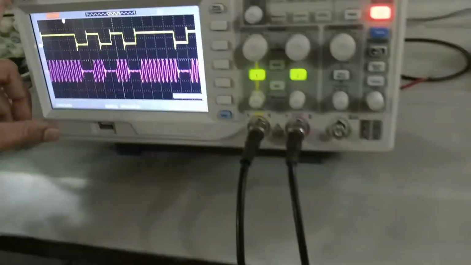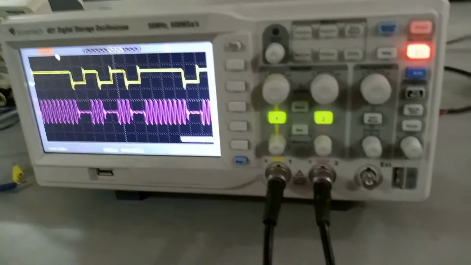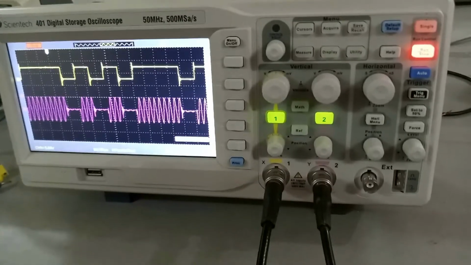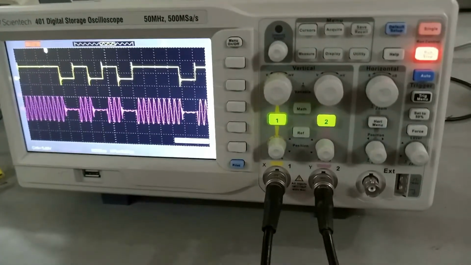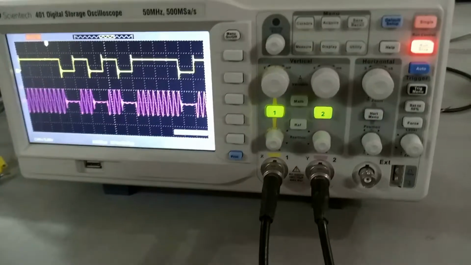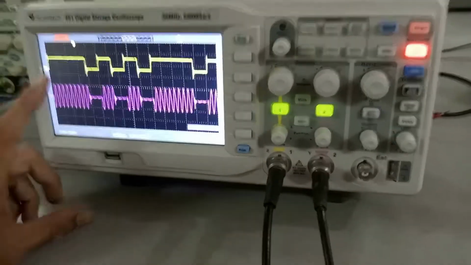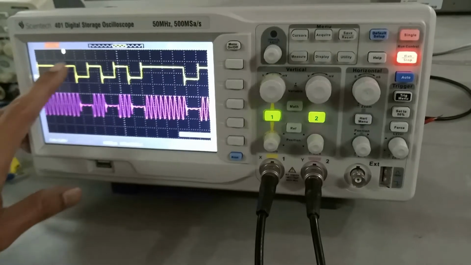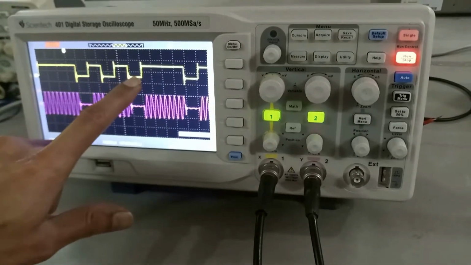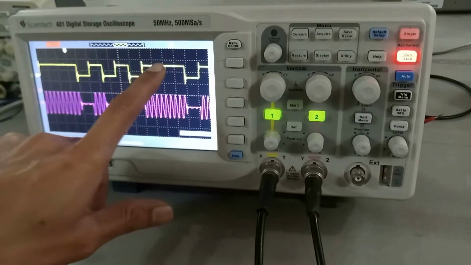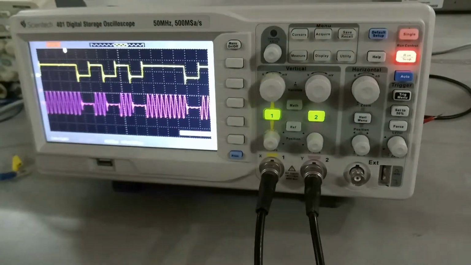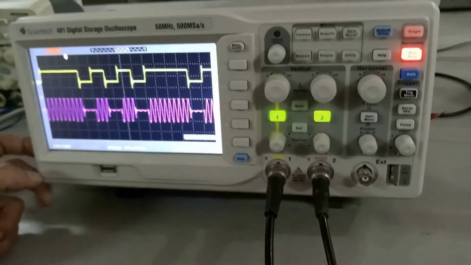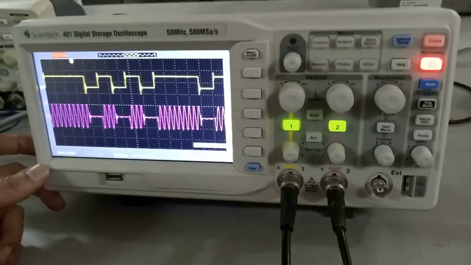This output is shown here on the digital storage oscilloscope. Channel 1 is your digital data, which is yellow colored, and channel 2, violet colored, is the output, the modulated ASK data. See what data we have given: 1 1 1 0 1 0 1 and 0. Then the data repeats. You can change the data as per your choice